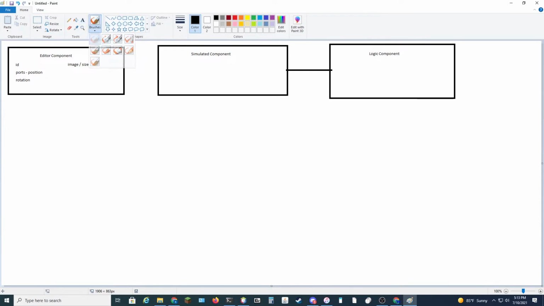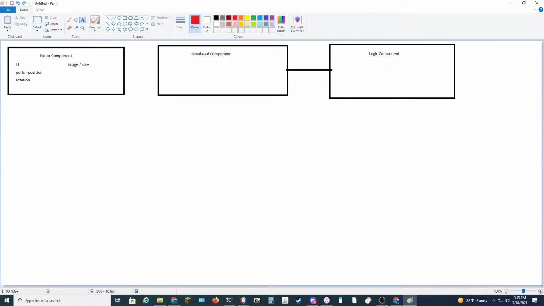Oh wait, brushes. So if you think about it, then is this, no. Is there, yeah. If we just use a pencil, we can think that on here, the ID, the ports, and the image are all constants and rotating. Well, that doesn't really matter though, does it? So then if we think for something which is simulated, it too,